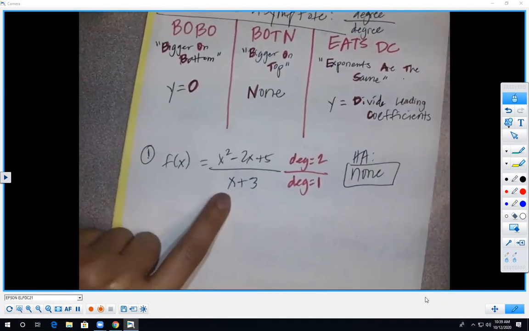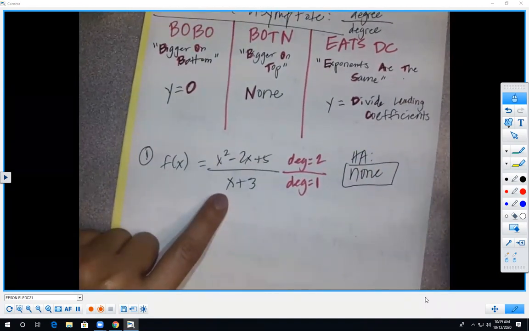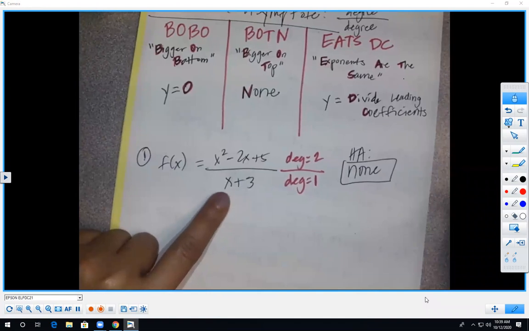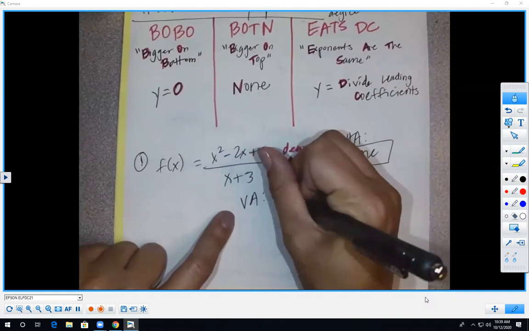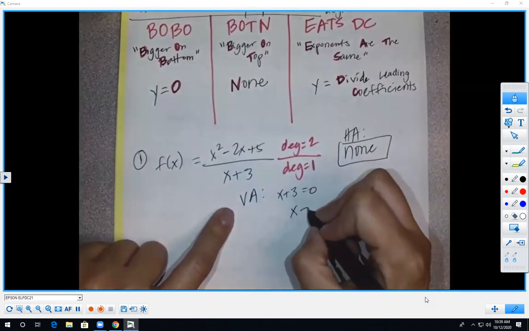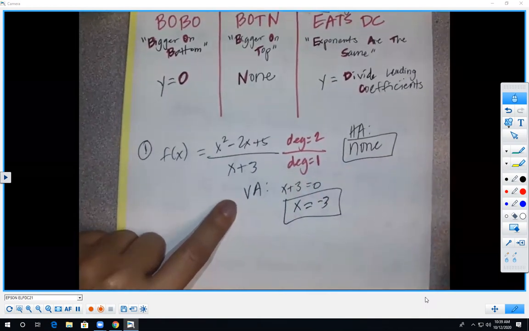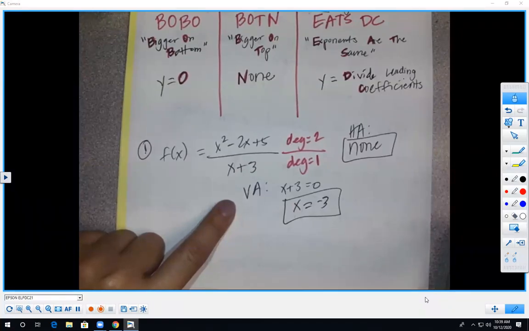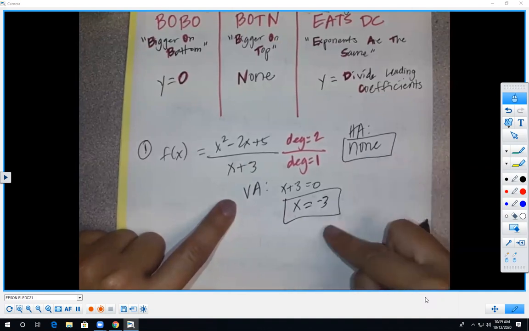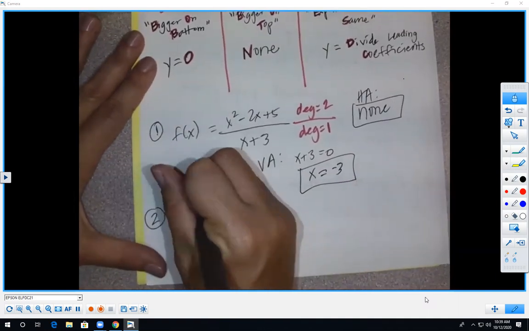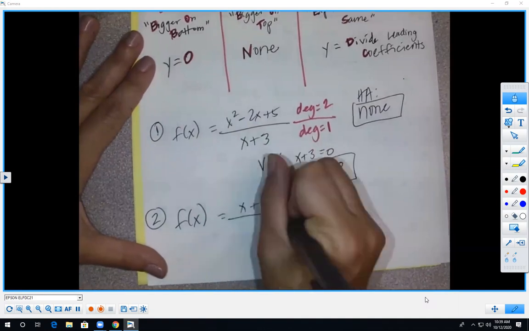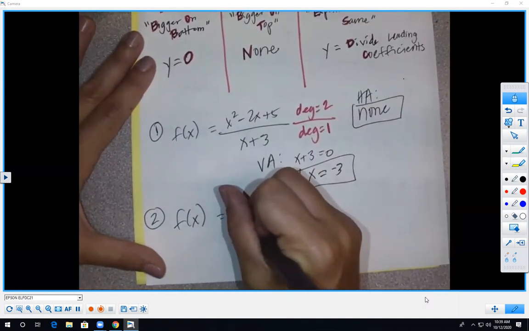What would your vertical asymptote be here? Set the bottom equal to 0 and solve, right? So I'm gonna go ahead and do that one also. The vertical asymptote is set the bottom equal to 0, x plus 3 equals 0, subtract 3, x equals -3. That's your vertical asymptote. So we've done a lot of talking and a lot of writing for something that's not that hard to actually do, okay? Second problem, what about if it was x plus 3 over x squared